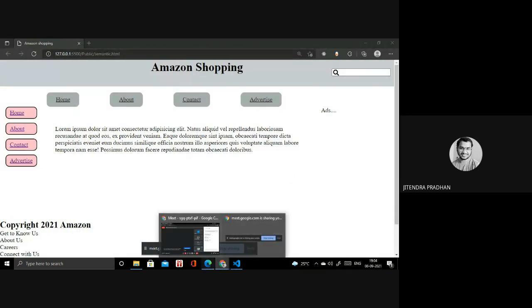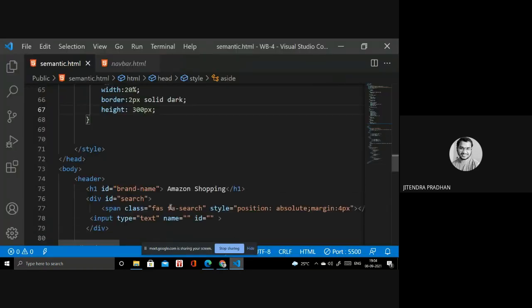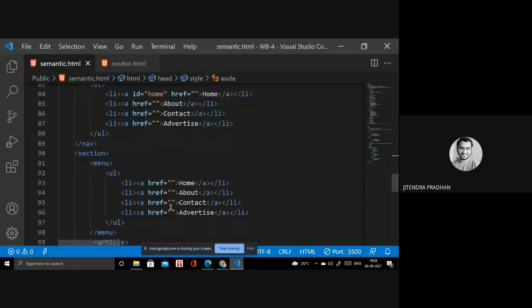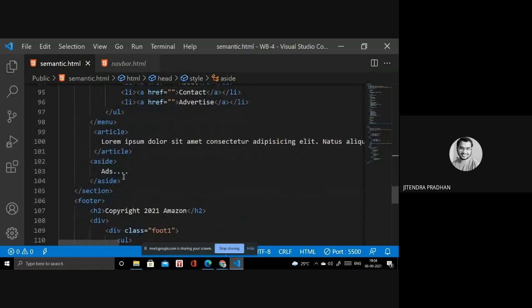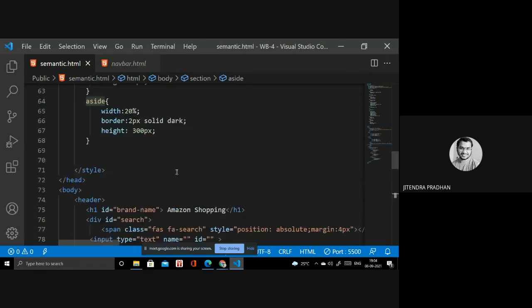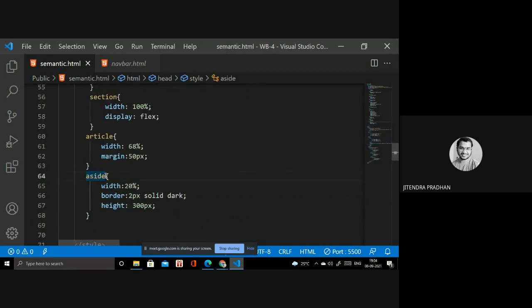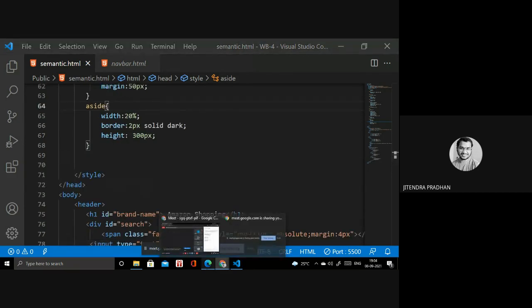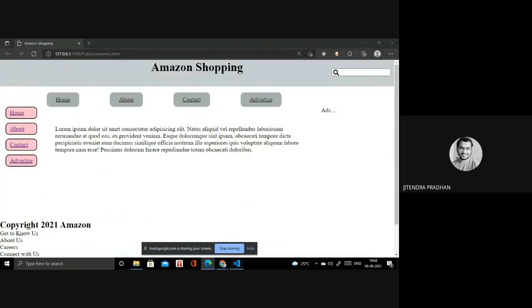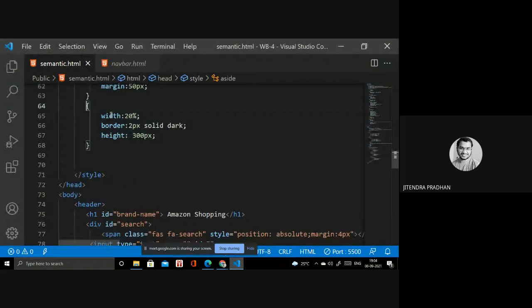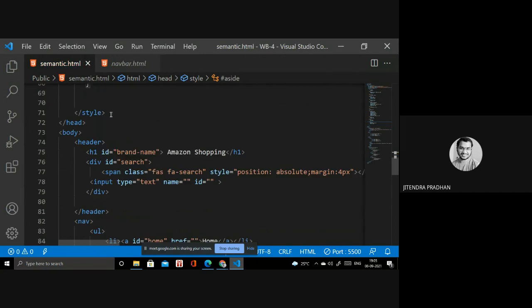It's not coming by side. Okay, I think I wrote it wrong. Okay, not wrong. What happened? I think we work fine. Okay, I will change that one. It's like an aside.